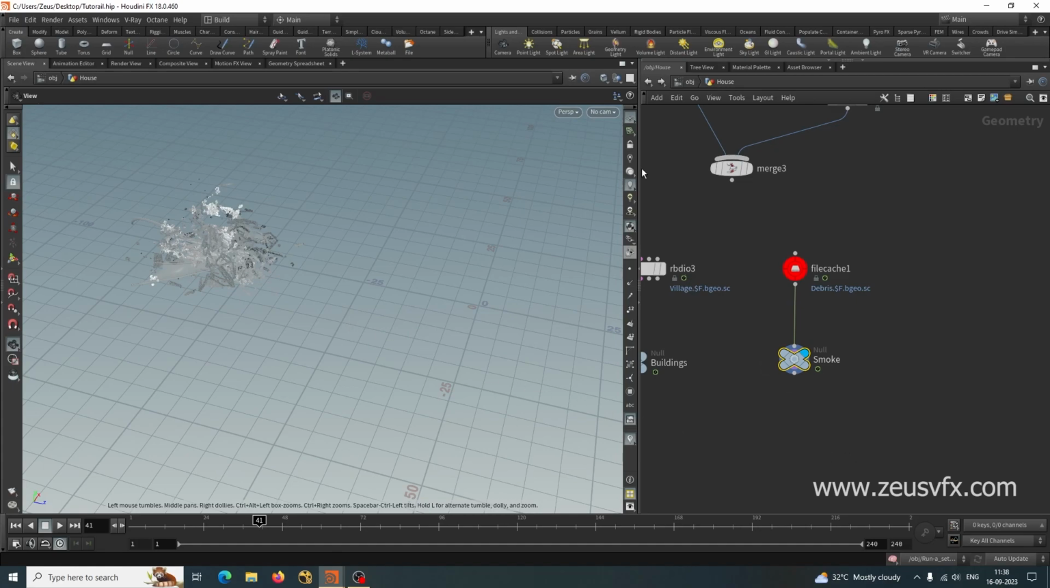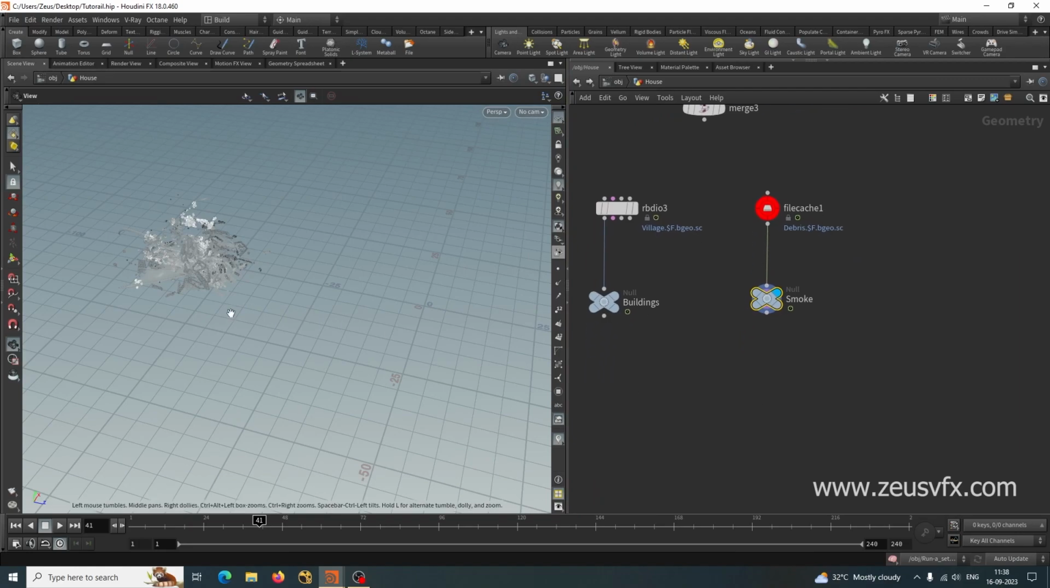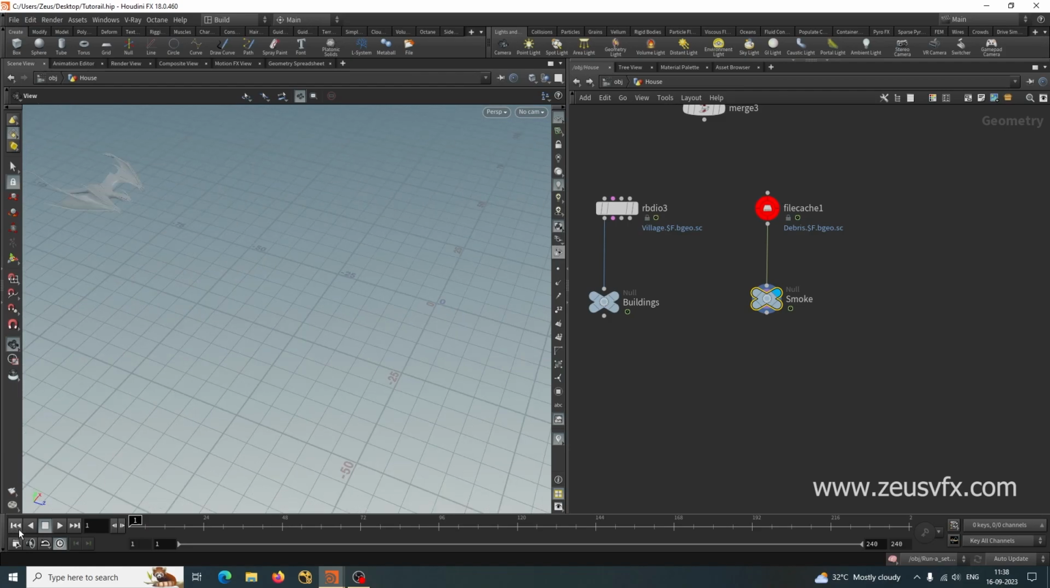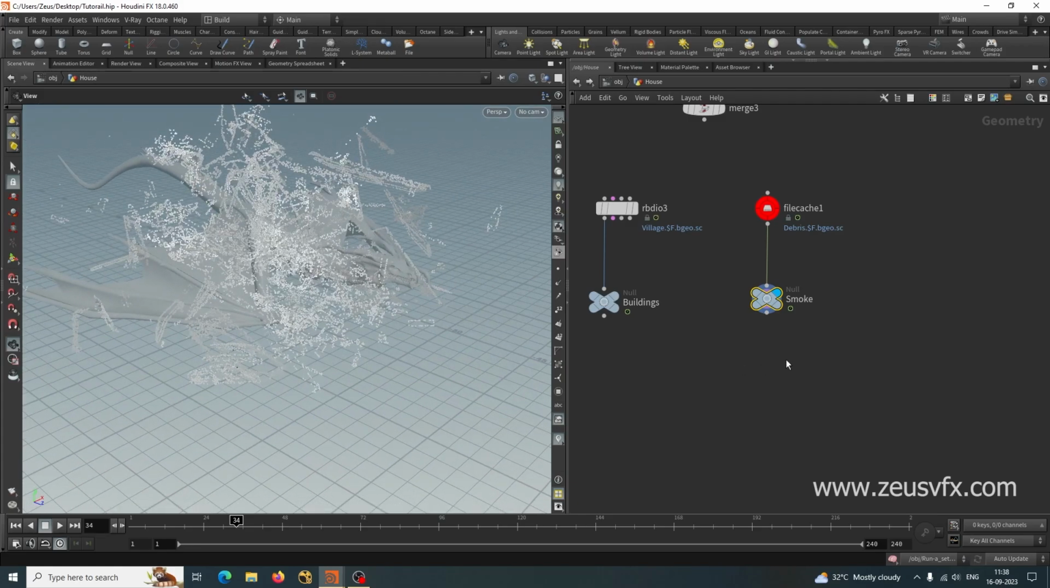So let's do this. For this we are going to do a couple of things. We are going to simulate a pyro simulation. For the pyro simulation we need to generate some attributes, like density attributes. So for this let me just use